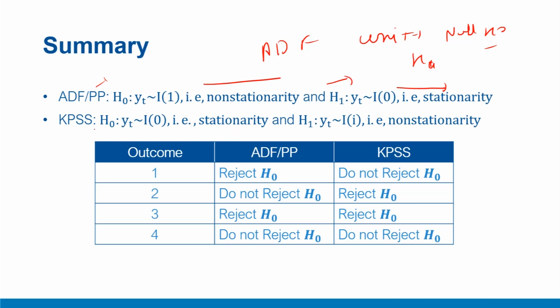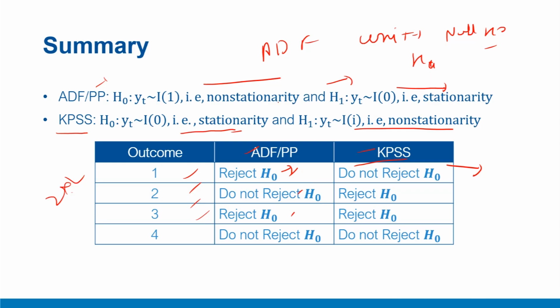In contrast, there are tests of stationarity like the KPSS test, where the null hypothesis is of the process being stationary, while rejection of the null would suggest the process being non-stationary. Therefore, if you put such tests together and look for the outcome, then the ADF-PP test would give you outcomes such as rejection of H0, and KPSS does not reject H0, which are aligned to each other. So you have 2 cross 2 outcomes, rejection and non-rejection. 4 such outcomes, with combinations of ADF-PP giving you rejection, no rejection, rejection, no rejection. Similarly, KPSS giving you no rejection, rejection, and so on.